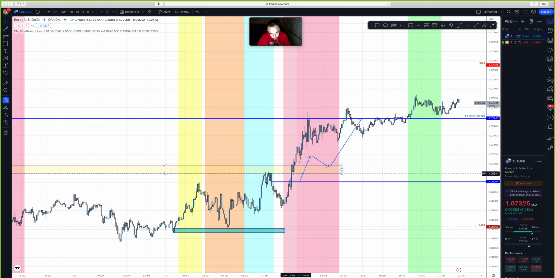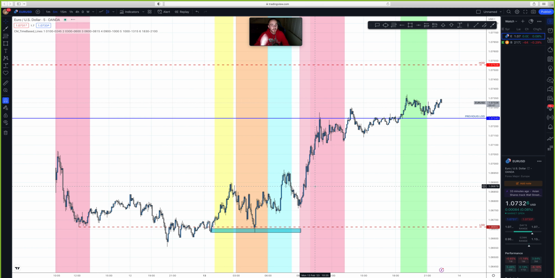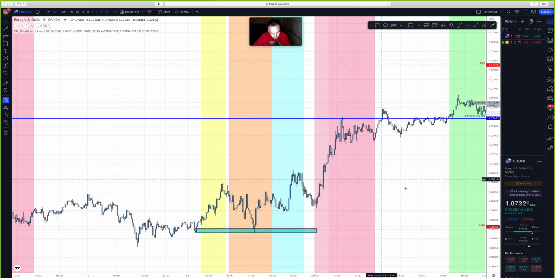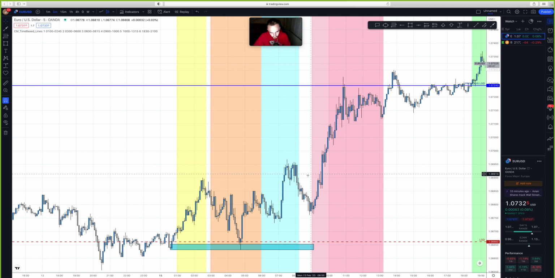So notice how I told you guys price was going to either continue to sell from here or break past this area and continue to the previous low of day. So now that we're in this area right here, it's very, very likely. Let's delete this because we're no longer working with this. Also, let me just point out this right here, because the market just doesn't pull back to random areas. So obviously, I took the sell right here, anticipating from this M5 supply, and notice how it did not play out.